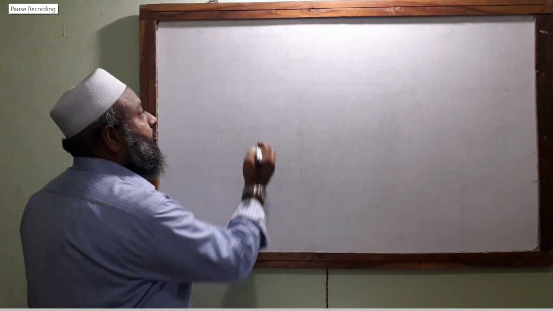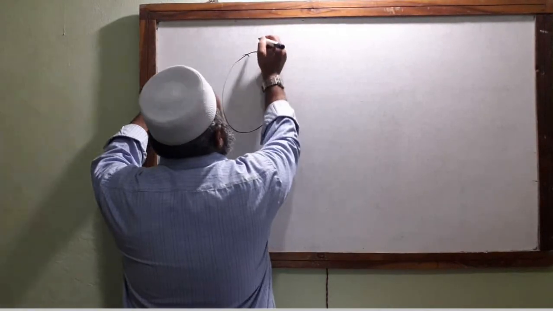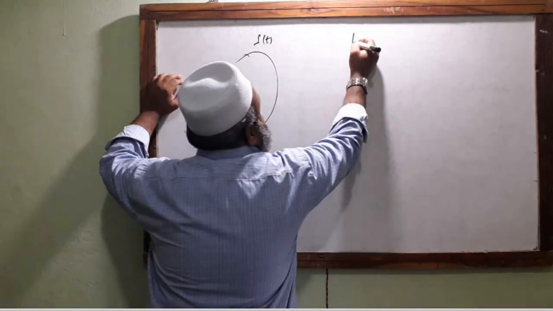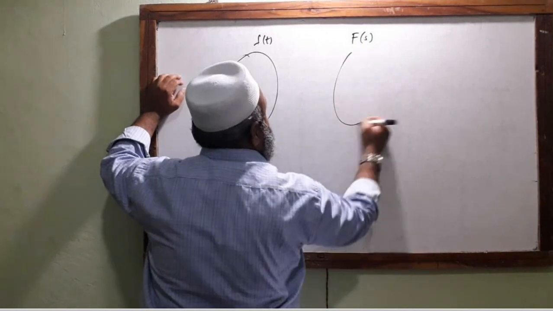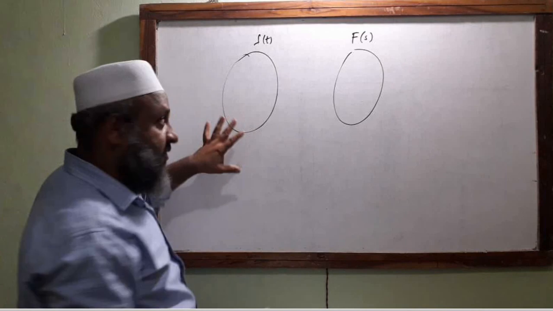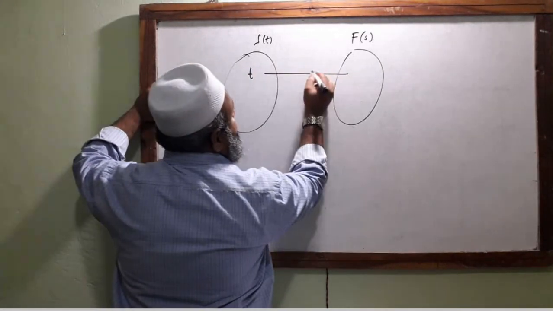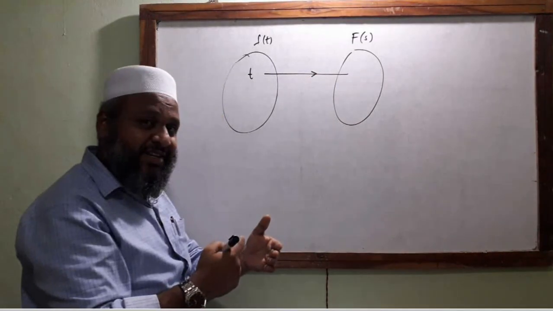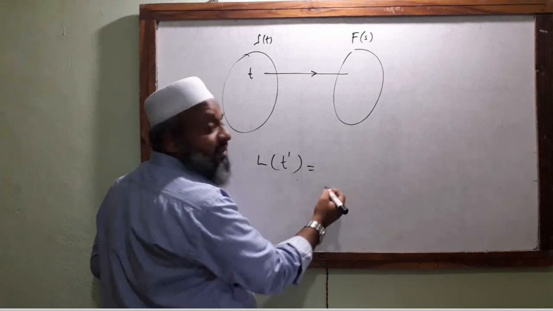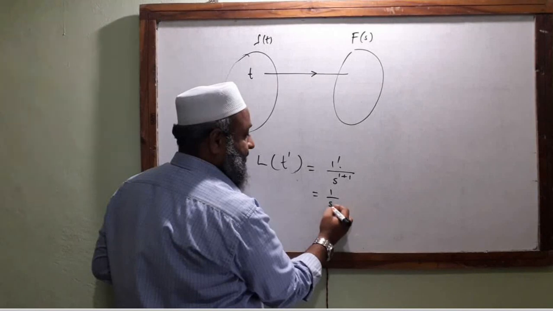Now come back to the point of taking the input function, that is f of t, and the transformed function comes here. So we are dealing with two different grounds. Now suppose I take the input function as t, then the Laplace transform for this one. Now recall what we have studied. L of t is L of t power 1, that is nothing but 1 factorial by s power 1 plus 1, that is nothing but 1 by s square.